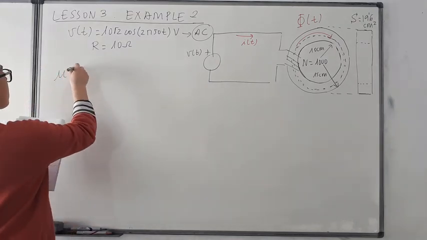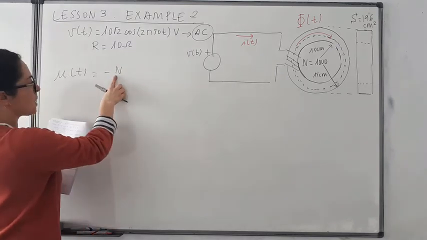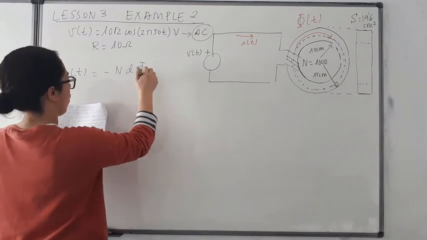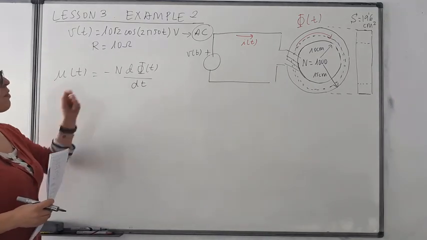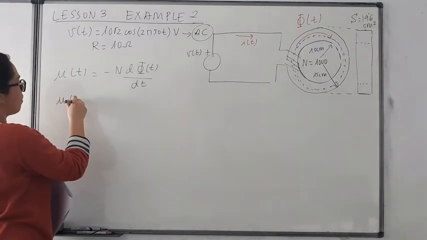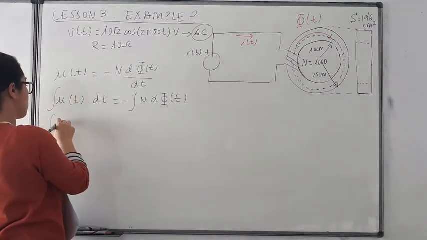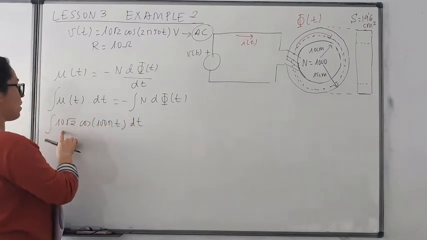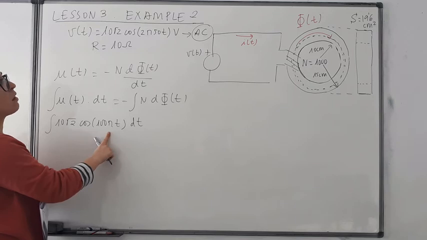You have in the notes that the sinusoidal wave of the voltage is going to be the same as minus the number of turns divided by the differential of the magnetic flux over time. Here you have a differential expression, so you should separate the variables. In order to integrate this side of the equation, you need to introduce the expression of the alternate voltage. So here you have the voltage that varies over time, which depends on the cosine of this angle, okay?